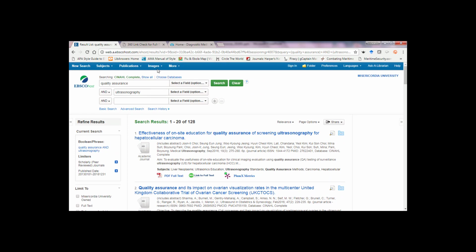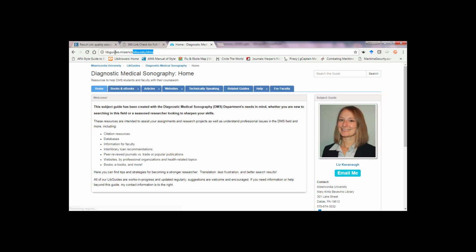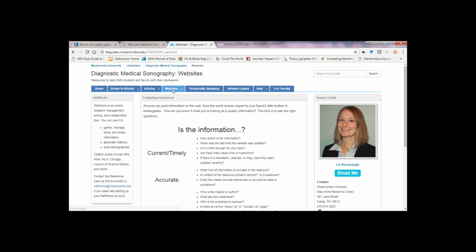When in doubt, refer to the course guide or LibGuide for sonography listed here online for additional resources on locating articles, books, ebooks, and other resources. You'll also find more information on how to cite your sources properly and reminders on how to gauge the reliability of a resource. If you have any